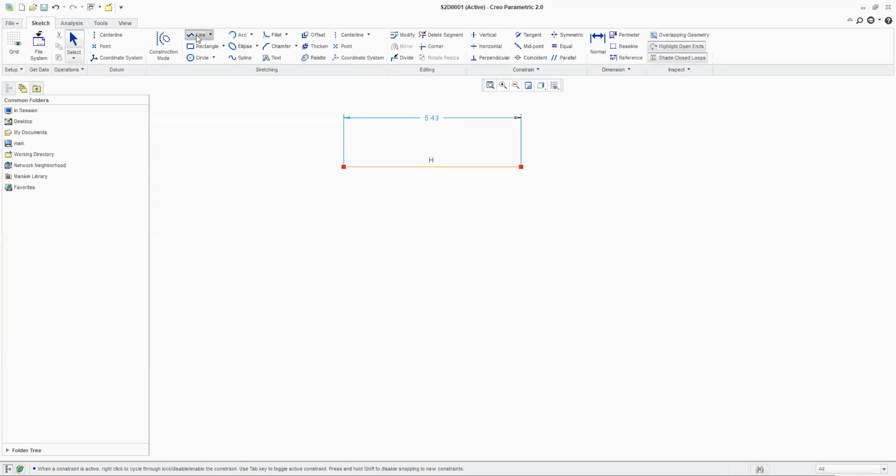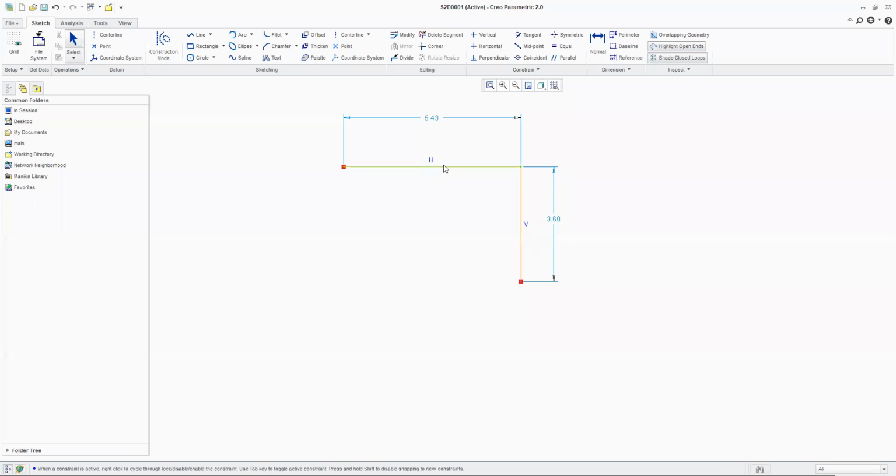Okay. Now let me try to draw one more line. Now I have a vertical line with me. Mouse middle button, click, again click. Now you will notice that depending on the mouse gestures or the line which I drew, it is taking a constraint.